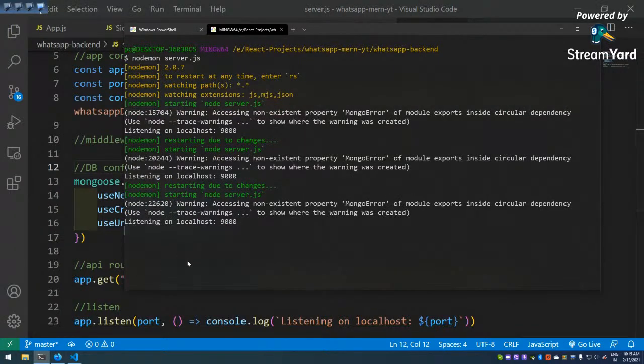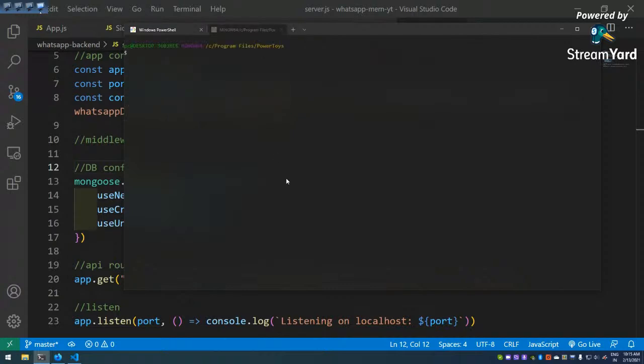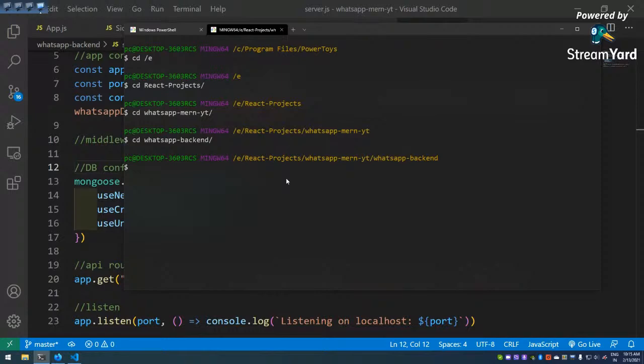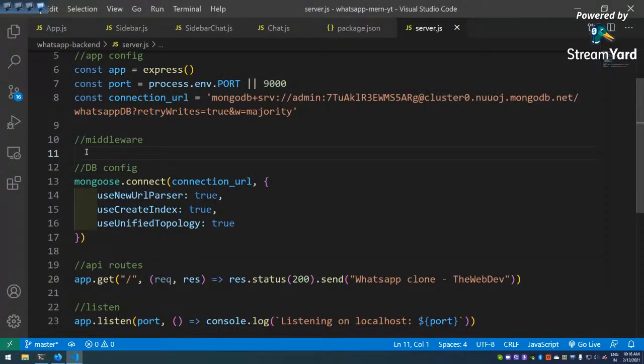Let me do one thing. Actually, I will close this because I'm going to create a schema. So when you create a schema, only that time you have to close this server. So I think it is stuck also. I don't know why it is stuck. Okay, it's okay. cd /e, cd react projects, cd WhatsApp MERN YT, cd WhatsApp backend. I started now,